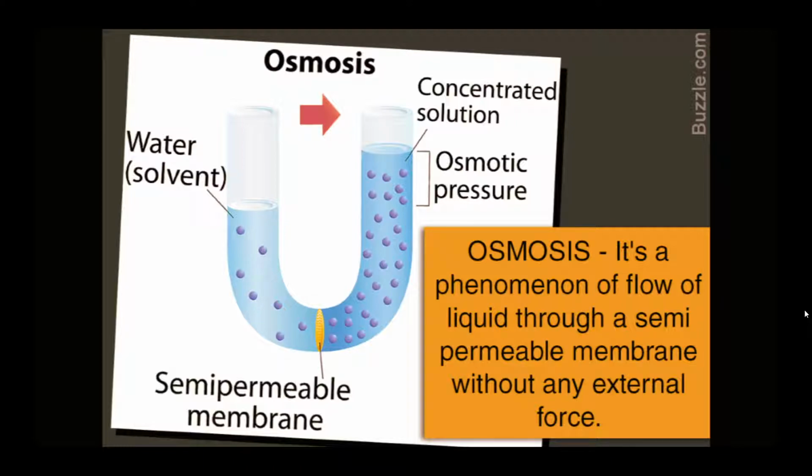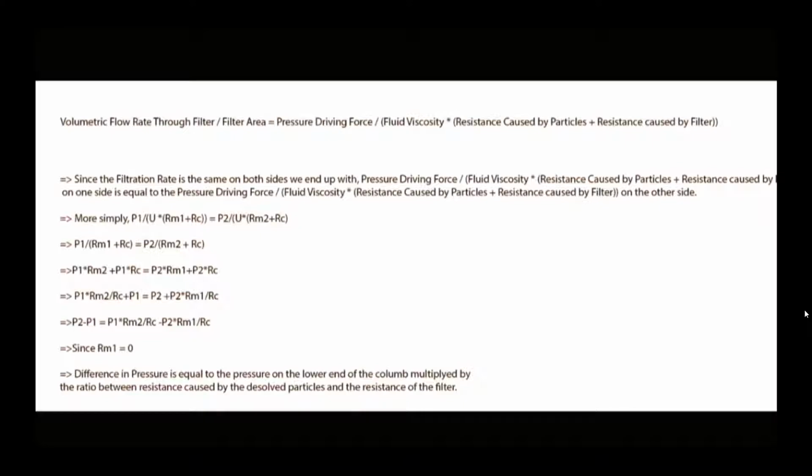So if we break down the actual math a little bit, then we can look at the actual statements of what's happening, and we see the volumetric flow-through rate, this is standard. Simply, if we say that the system is at equilibrium, so there's no volumetric flow-through rate whatsoever, and then we set them equal to each other, then we find that the pressure driving force over fluid viscosity multiplied by that resistance particle part is equal to each other. Then we can simplify the equation a little bit, and we can see that the difference in pressures, which is directly related to a difference in height,